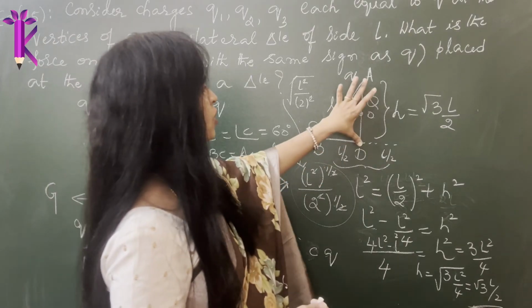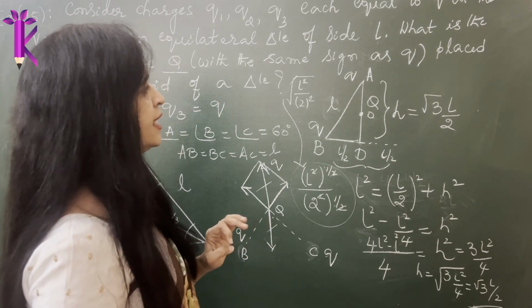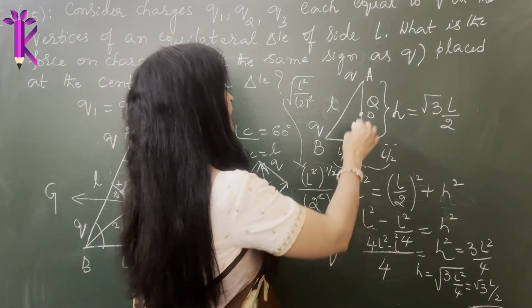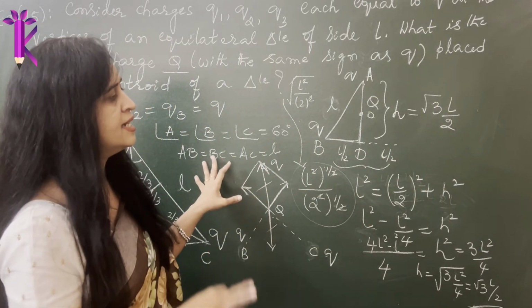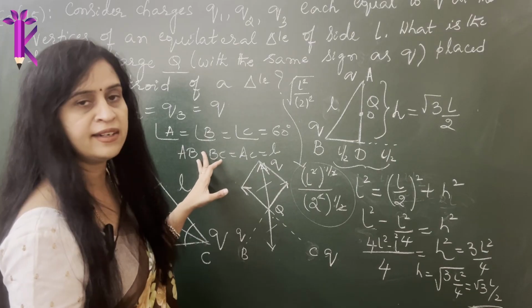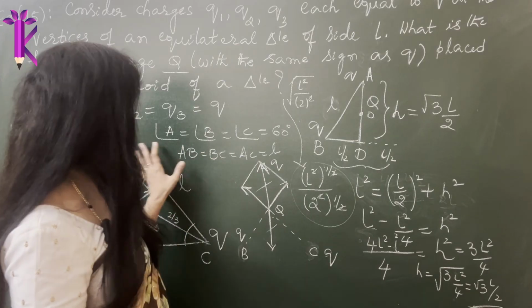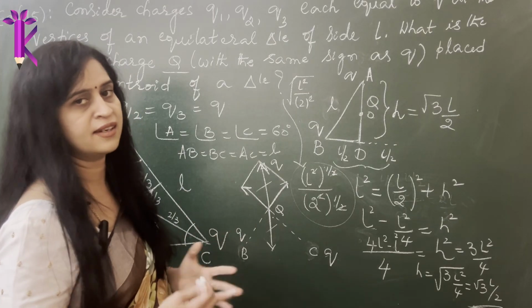So we figured out how much this value H is, and that is root 3 L by 2. Why do you need this? We need this for a particular purpose, which I will explain now. Let's keep the data and then we'll find out the force everywhere. The final answer is anyhow going to be 0. We have already conceptually solved it, but then we will also find the values and say it as 0.